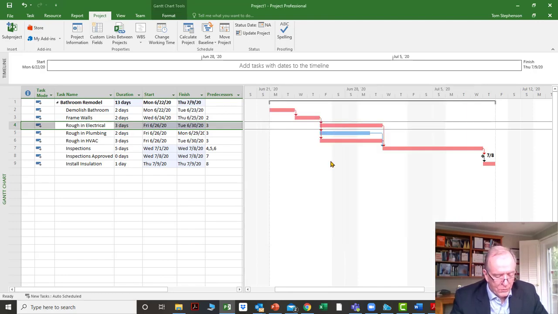So hopefully that's given you a good idea of the linking. We reviewed that. If you want more information on the linking and the WBS, go back to tutorial 1 on